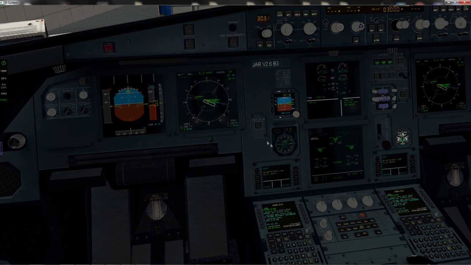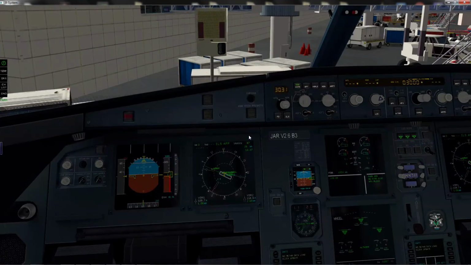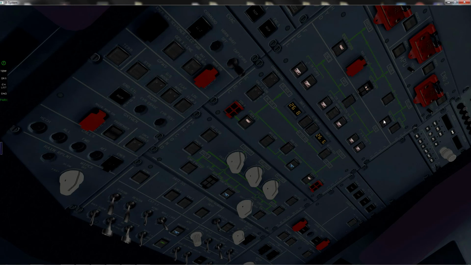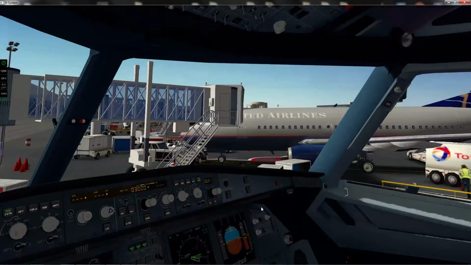Parking brake and chocks set, inserted. Engines off, beacon off, seatbelt signs off, emergency exit lights armed. Yellow electric pump is off. Fuel pumps off. Parking checklist completed. And we're not going to secure it because we have a next crew coming in here for